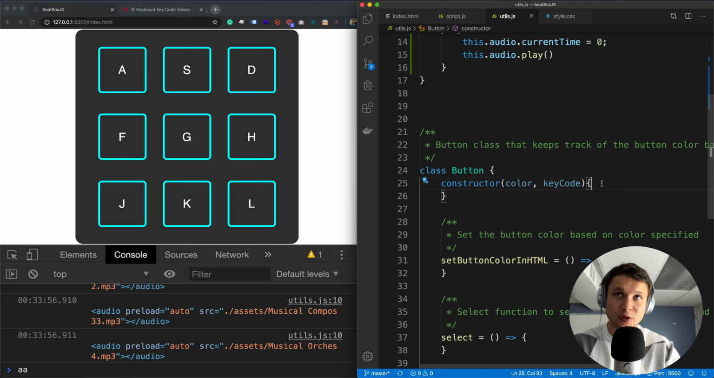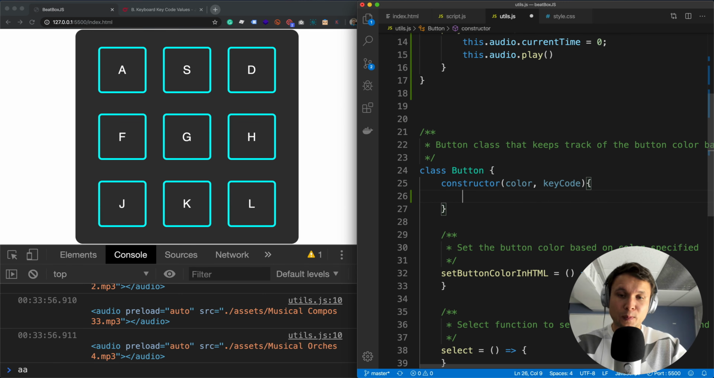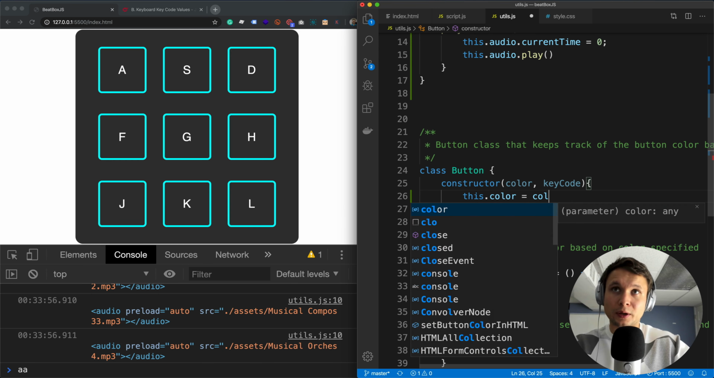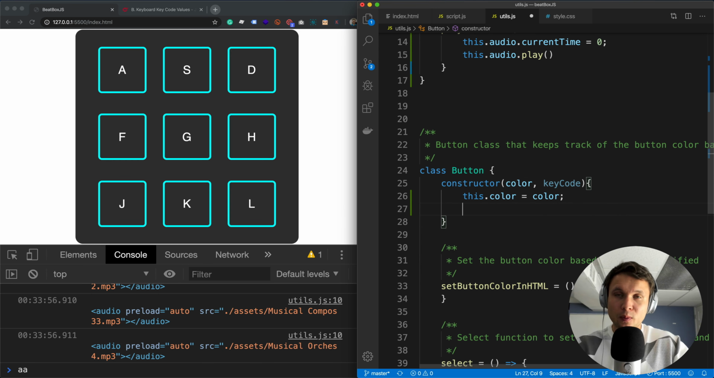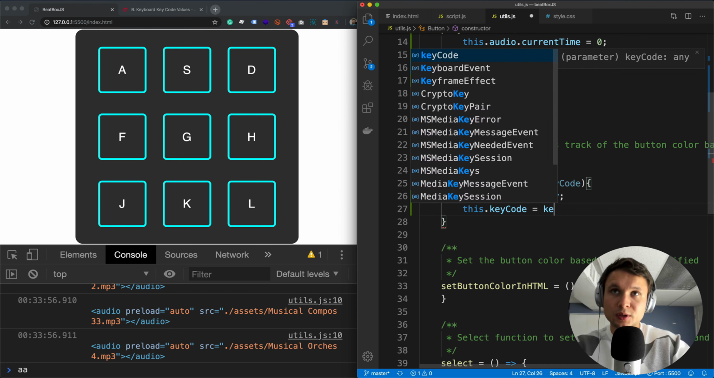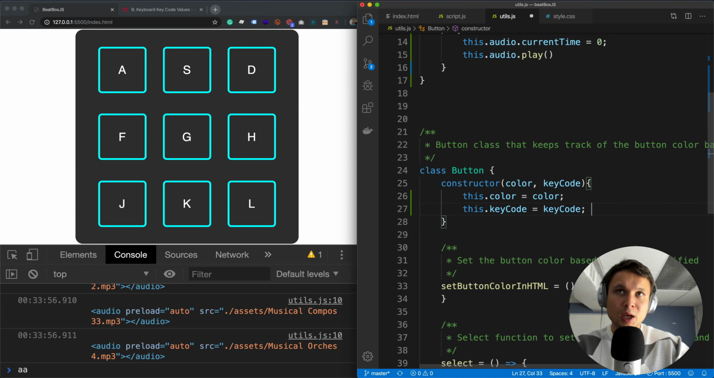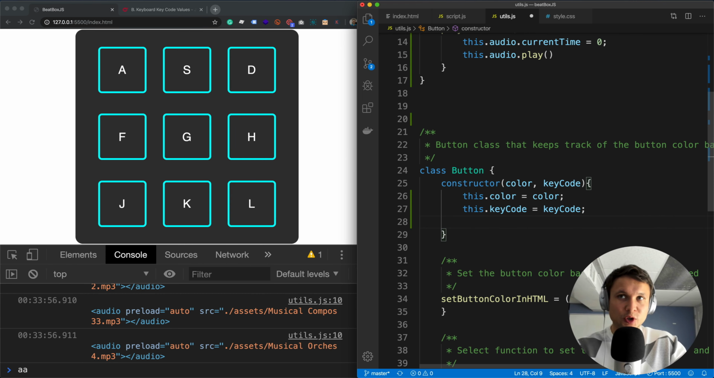So let's see how we do this together. When we're passing in the color and the key code, let's first save the color. We're going to say this.color equals color. That's all we need to do. Now, we can also say this.keyCode equals keyCode, no problem. But we also want to save the element. So we do this.element equals